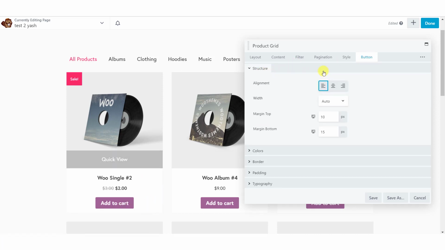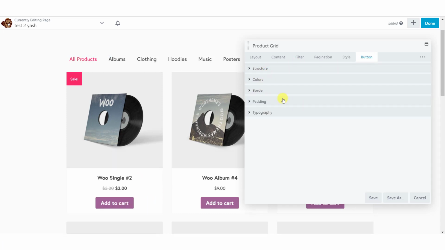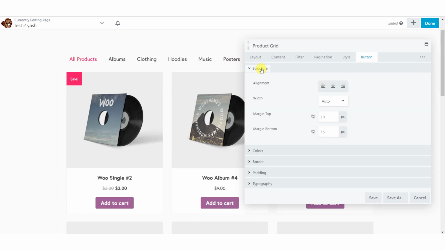Now once you are done with the styling, let's go ahead to the button customization. Here you can change the structure, colors, border, padding, and typography. Everything is pretty standard here, so just go ahead and make the customization that you want.